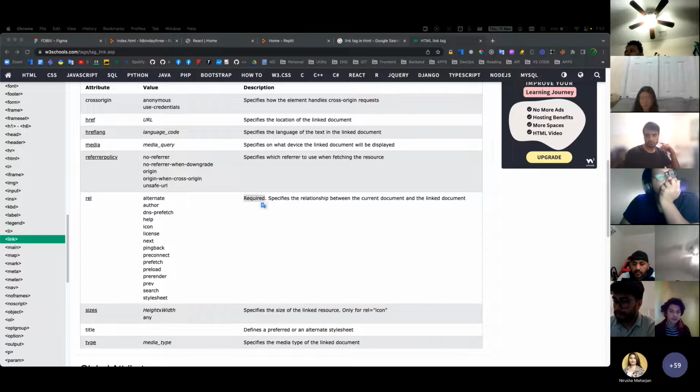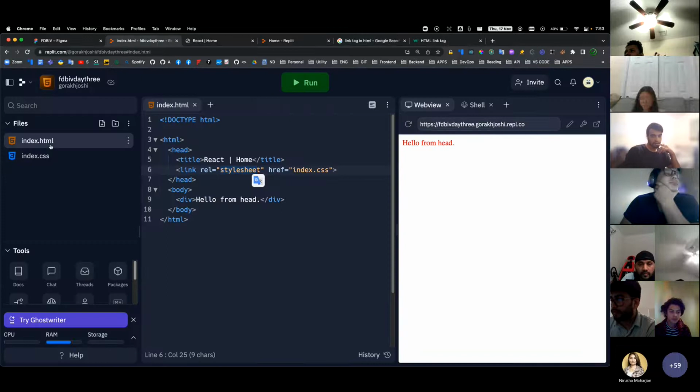Yeah, so it is better to use Replit to just use index.html and CSS. In VS Code, we have the React server to do this thing. Okay, all right. So yeah,